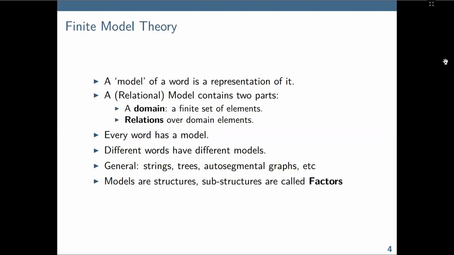And because this is still a structural notion, we're going to describe a particular parameter. We're going to talk about the width or the size of a factor, like how much of a substructure it is. And so we're going to parameterize this with a number k and call them k factors.